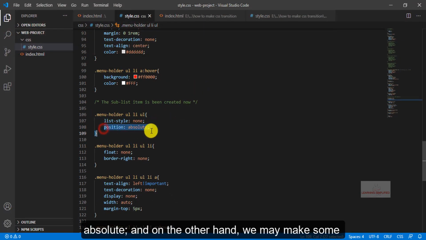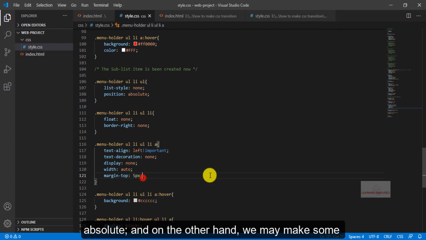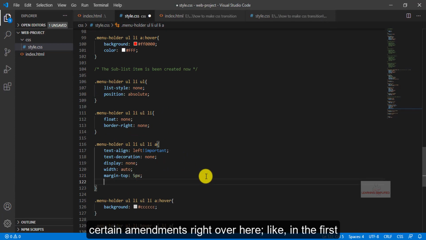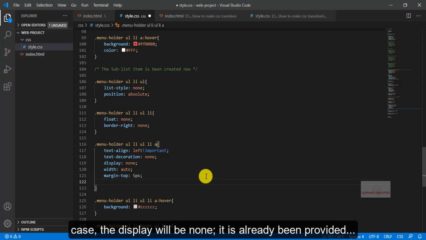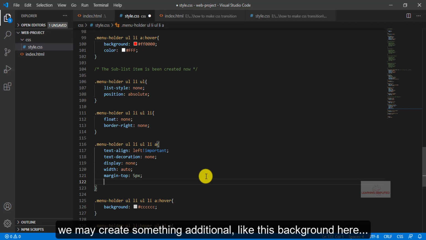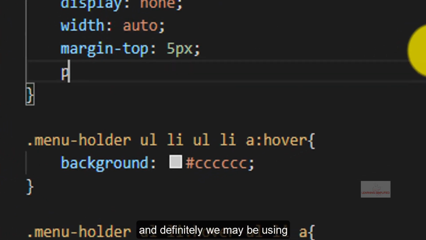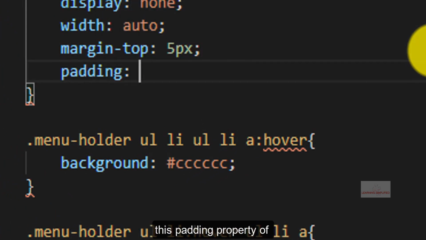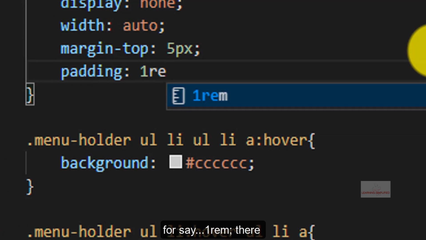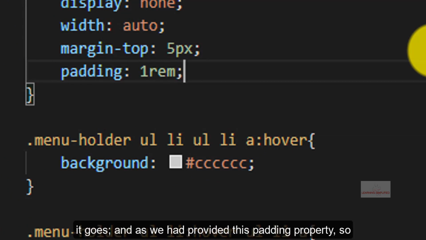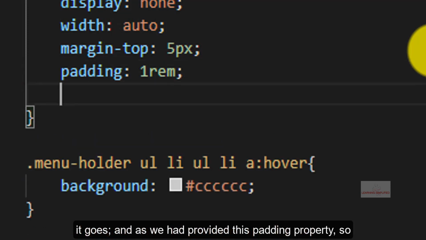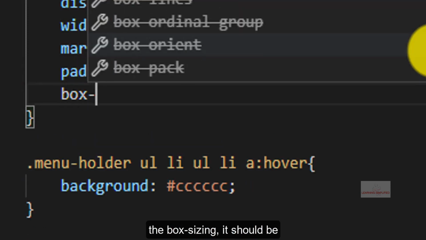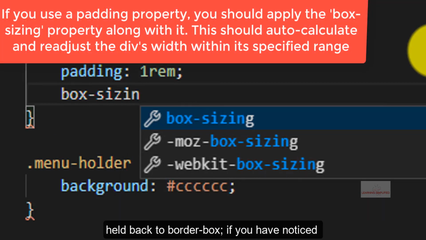So the position should be absolute. And on the other hand, we may make some certain amendments right over here. Like in the first place, the display will be none. It has already been provided. We may create something additional like this background here. And definitely we may be using this padding property of, say, 1 rem. There it goes. And as we have provided this padding property, so the box sizing should be held back